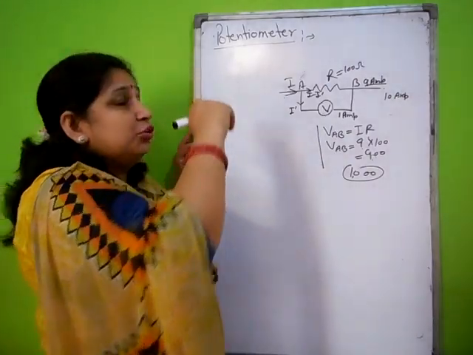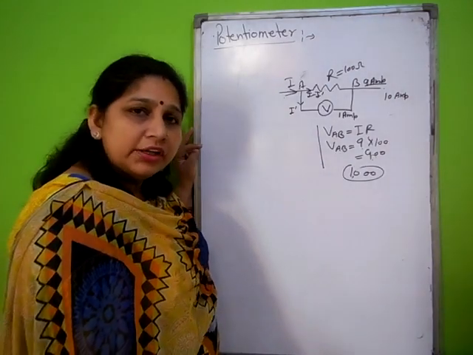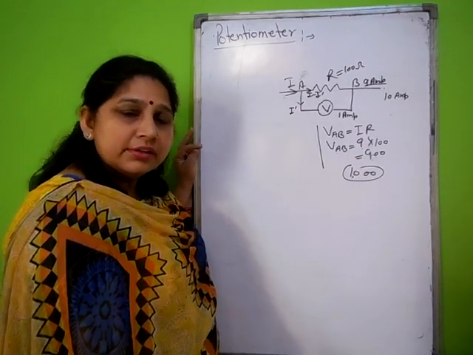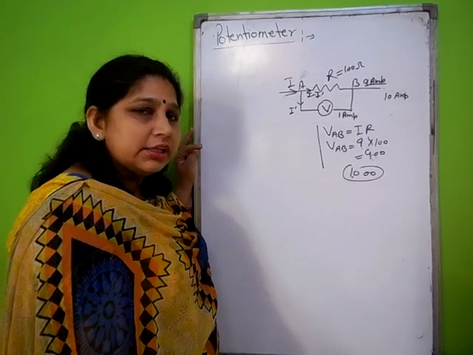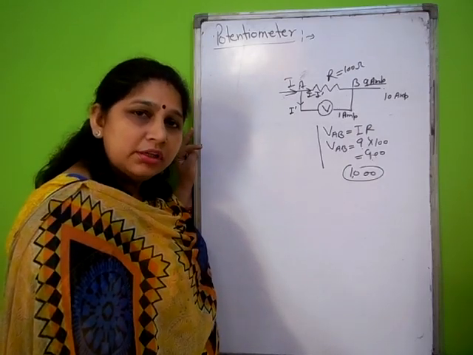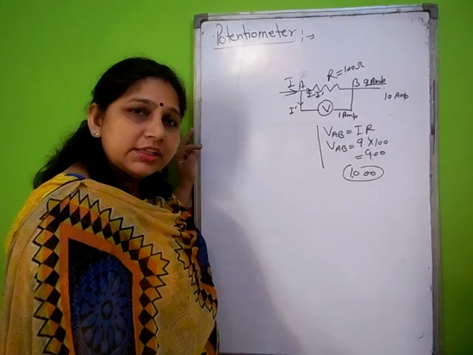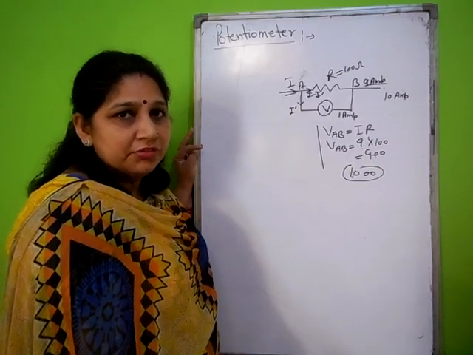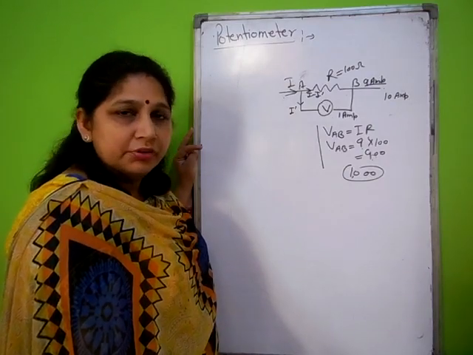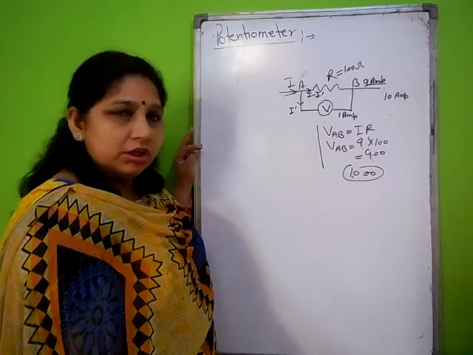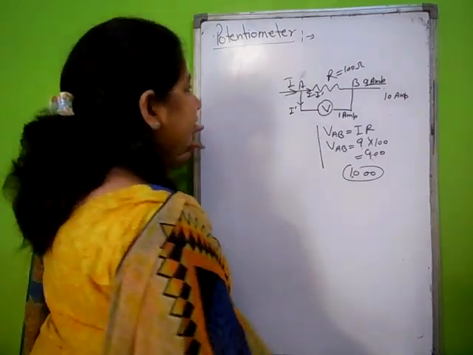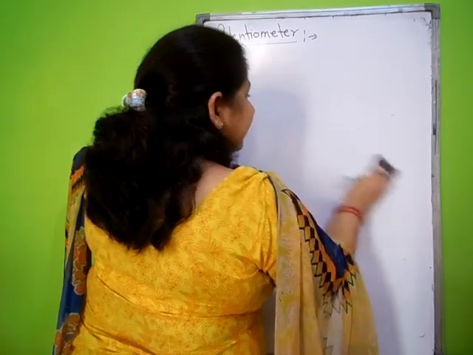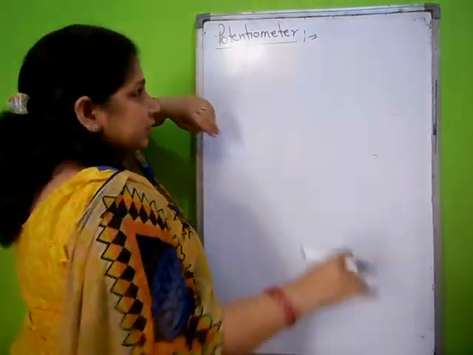But the potentiometer works on the null point deflection method, so it does not consume any electrical energy because the current is not passing through the galvanometer. Then it gives the result exactly, which is the exact potential difference between 2 points. This is the difference between voltmeter and potentiometer. Got it? Now, on which principle does it work? What is this, and what is the principle on which it works?